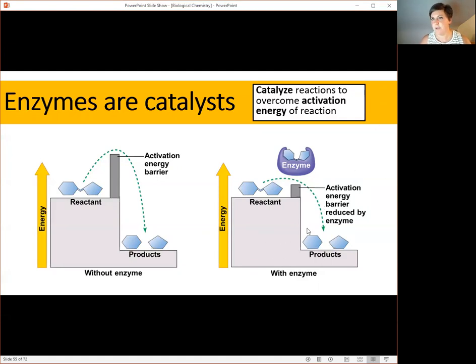As you can see on the right, the presence of an enzyme reduces the activation energy of a reaction, thus enabling the reaction to take place. This is why enzymes are referred to as catalysts. They increase the rate of a reaction basically by lowering the amount of energy it would take to enable the reaction to take place. The reason I think that this terminology can be a little misleading is only because the activation energy of many reactions will not be overcome without a catalyst.